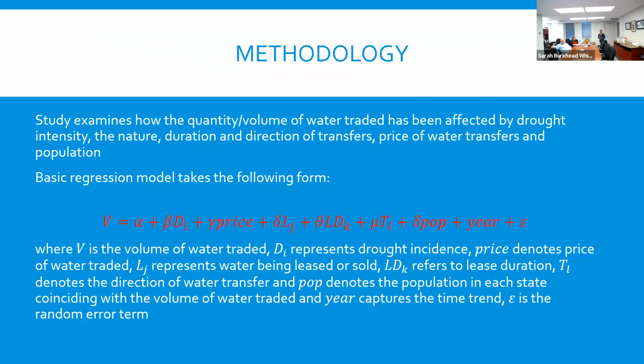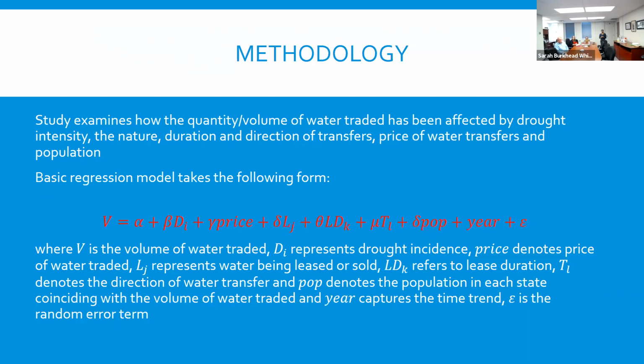I have to put price. Price always affects the volume. It's kind of a demand quantity model. We all know how markets work. If your demand or the volume is higher, that is going to affect the price, right? You have to pay a higher price. That's why Los Angeles and Denver, I was mentioning, end up paying a higher price, because their demand is higher. The term LDK, and all these are just notations, refers to lease duration.